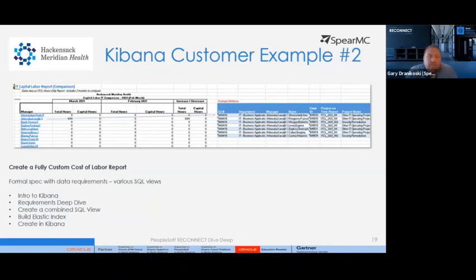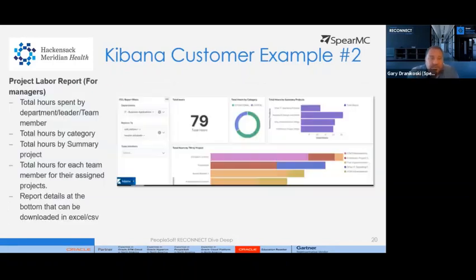We worked on that. We worked hand in hand some. I mean, they knew the data and what they were looking for better than I did, so I just gave some pointers here and there. We created this SQL view, and then we used that view to source our query, and then that query to build the Elasticsearch index. Once we had an Elasticsearch index built with that data set, we simply went into Kibana, brought that Elasticsearch index in, and we were able to create these 4 different